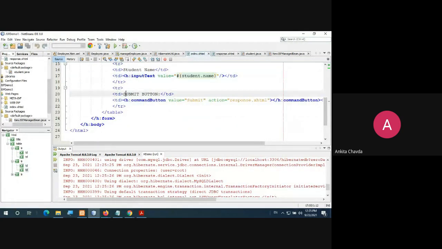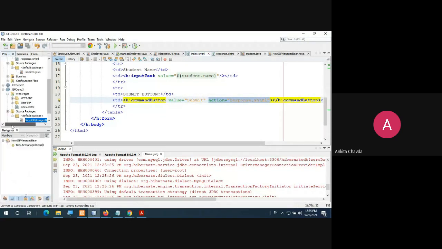Whatever action is taken on submit, you have to give here, and this is known as the command button. So h:commandButton value is equal to submit, and action is equal to response.xhtml page, the other page that we have created. So here we have this response.xhtml.